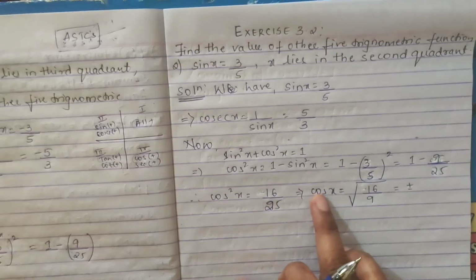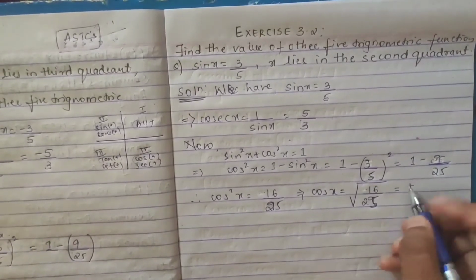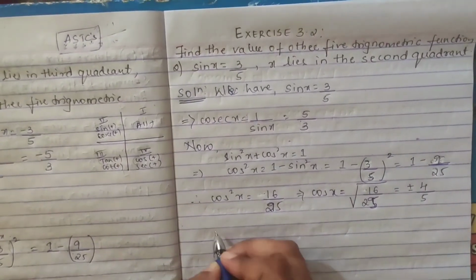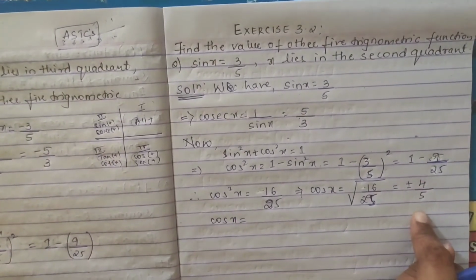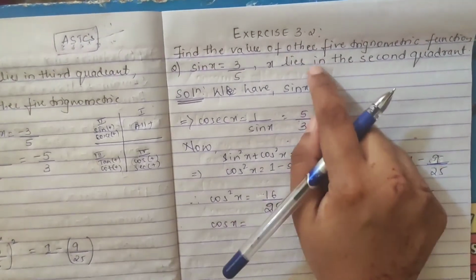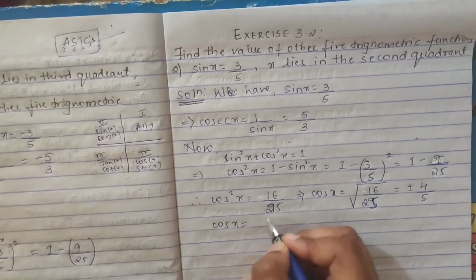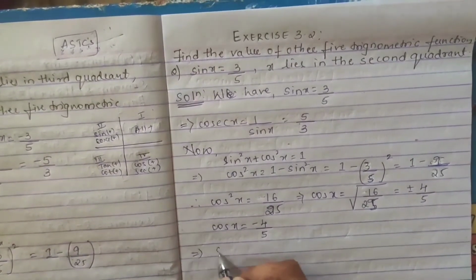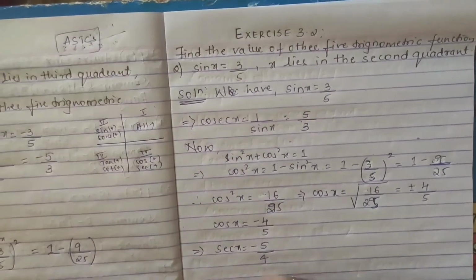Now we have to find cos, so you have to take the root, right? So this also will be 16 by 25, and if you open up, you will get plus or minus 4 by 5. So your cos x is equal to plus or minus 4 by 5. Check your x before writing your cos value. X lies in the second quadrant, and in the second quadrant, except sine and cosec, everything is negative. So cos will be minus 4 by 5. If you have got cos, there is no difficulty finding sec. Sec is the reciprocal of cos, so it will be minus 5 by 4. Directly I have written minus 5 by 4.